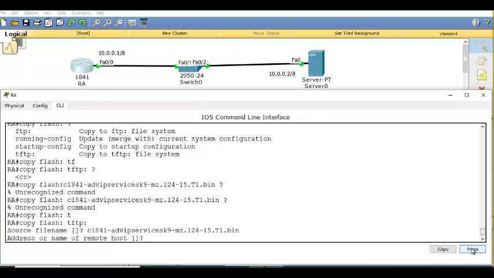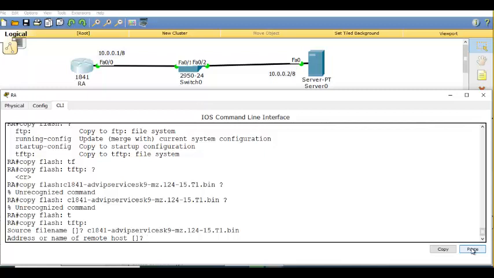Right, enter. Now, what is the address of the server, the remote host? What is the address of the TFTP server? Sir, we are in router, sir. What is the address of the remote device, sir? Server.